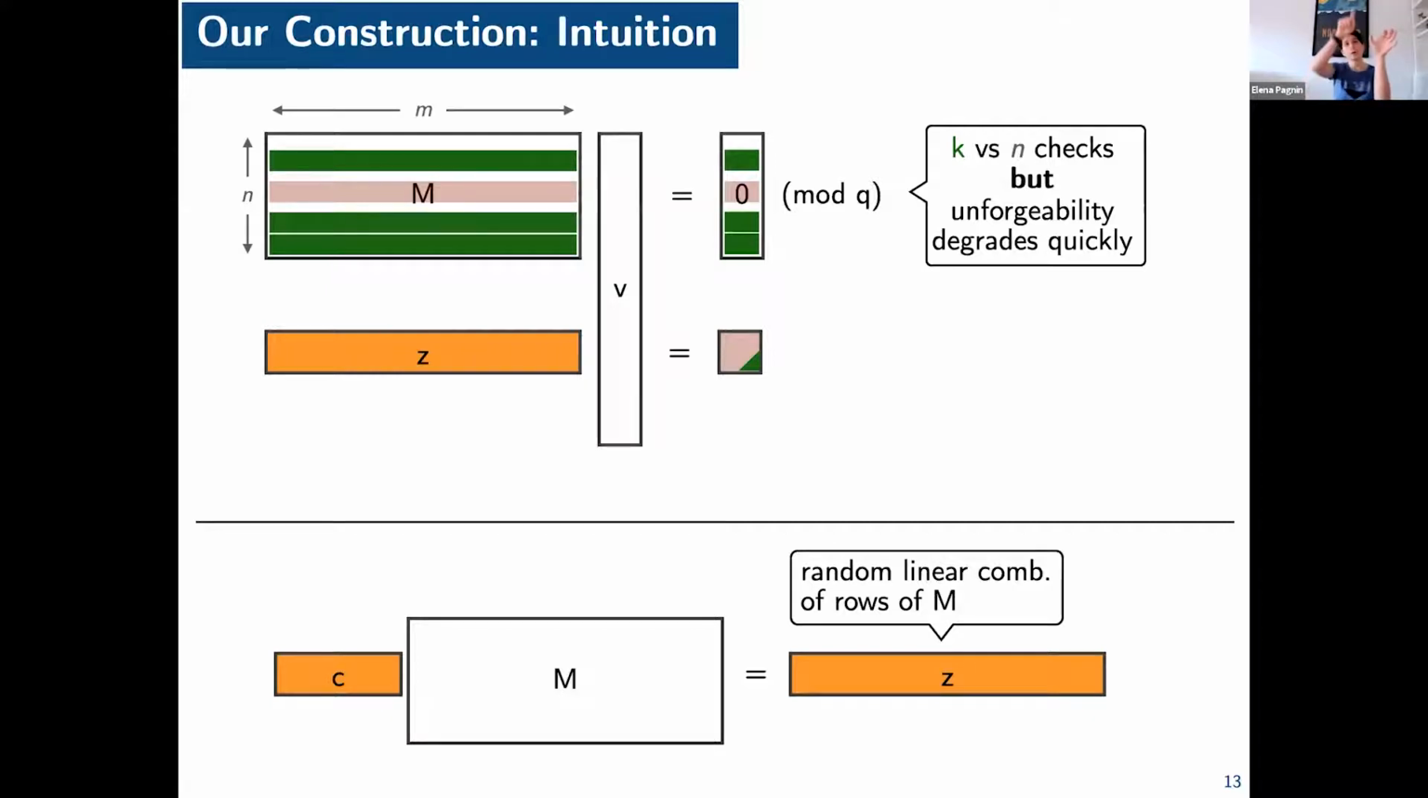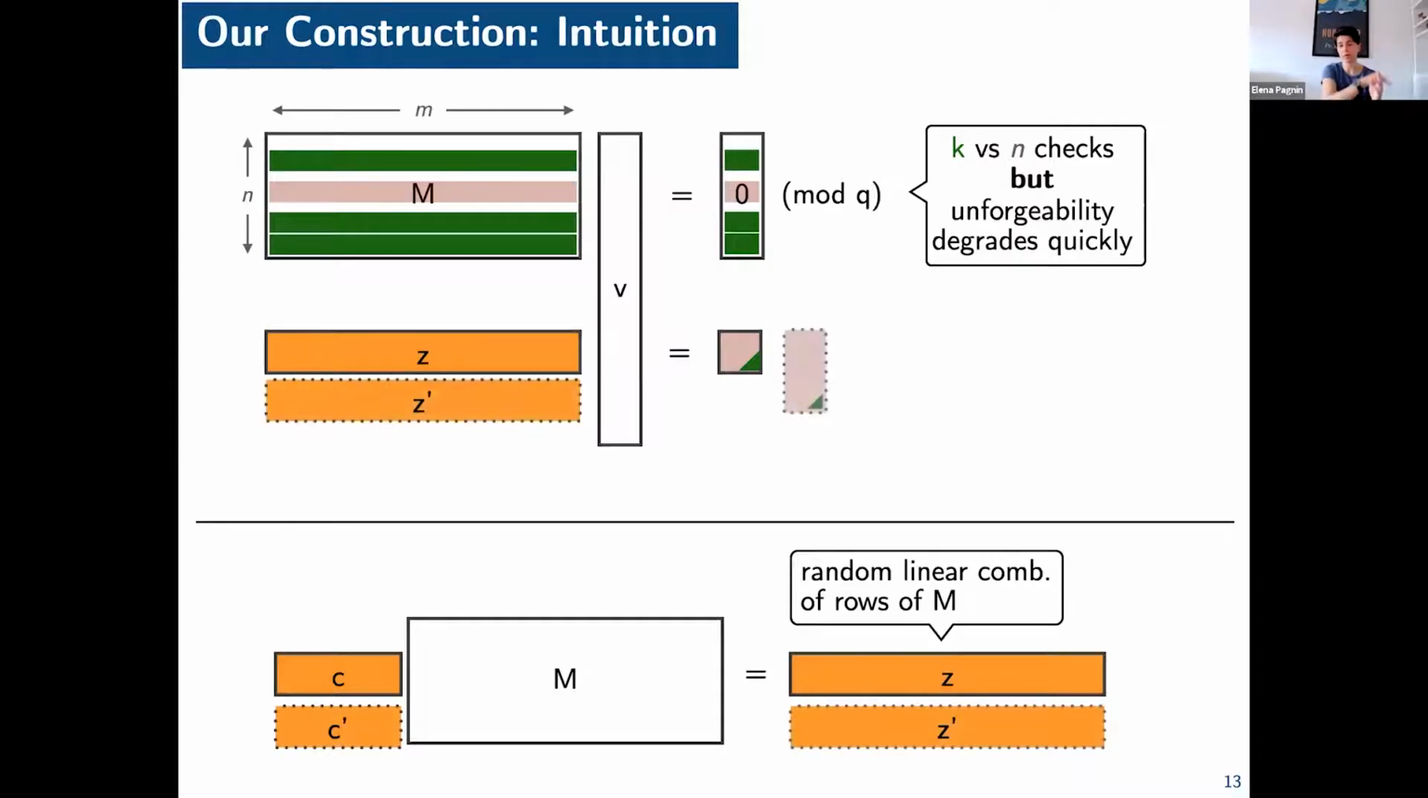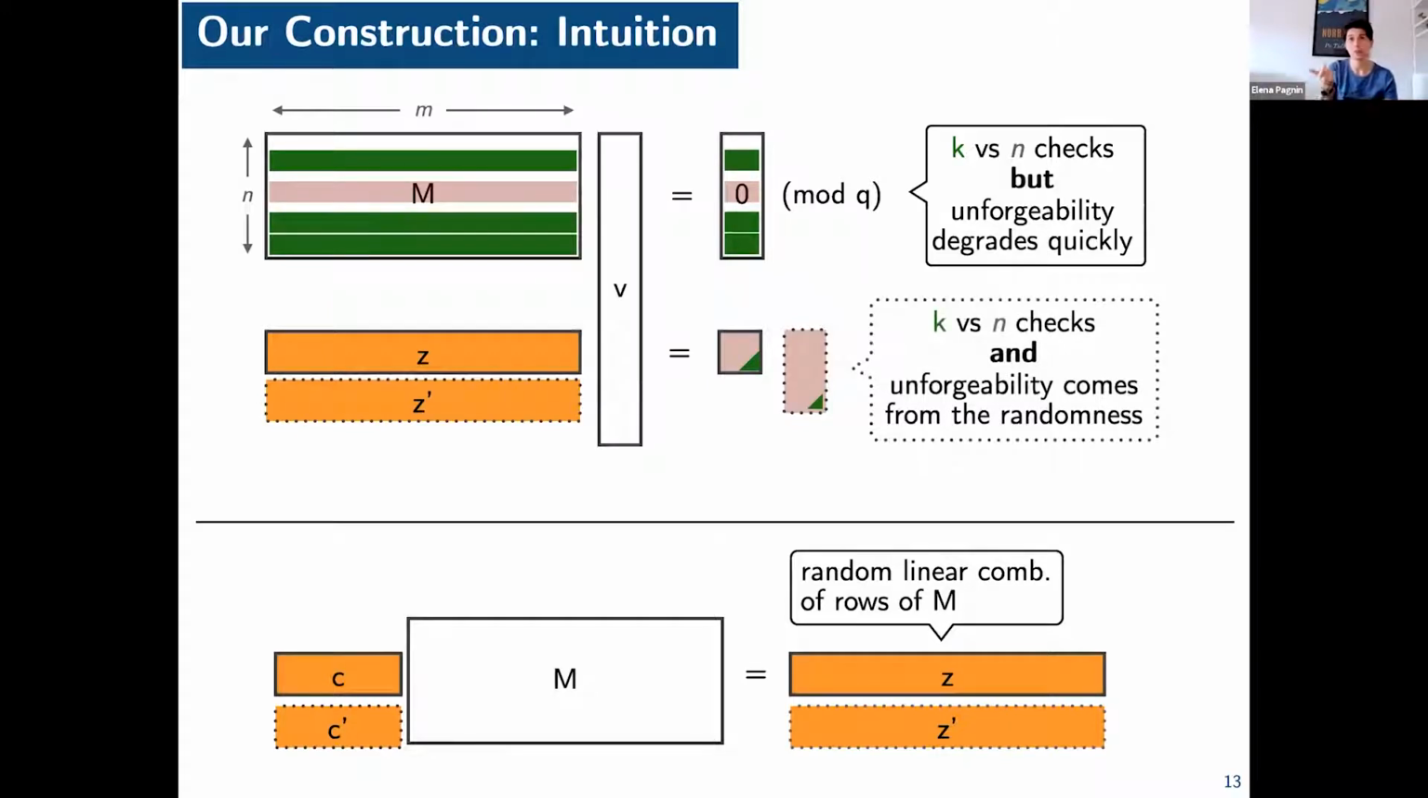If C is 1 in that row, then Z will contain information about that row of M, which means most likely I won't get V equal to 0, as I would expect. And even if I'm not convinced just by one, I can repeat this for a number of C's. So I can create a number of short random vectors, multiply them by M, and get Z and Z prime. And the nice thing is, I can still do K checks, but instead of using the K plain rows of M, I'm using K